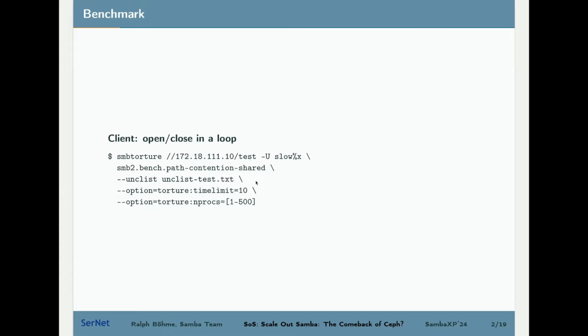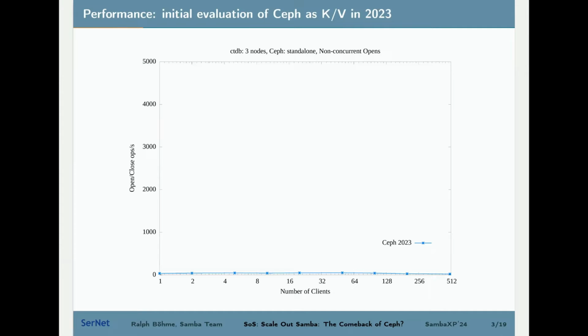And doing these SMB opens and closes is what hammers the backend code in the backend subsystem in Samba, where we go via our dbwrap database abstraction backend to talk to a database that maintains this file handle state. Okay. And I ran this against a bunch of databases last year, and one of them was Ceph, and this